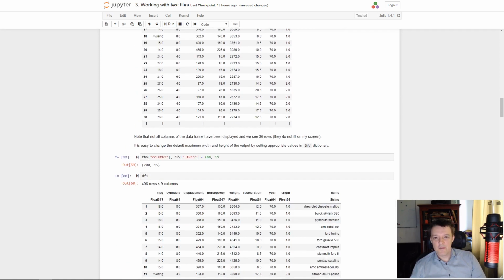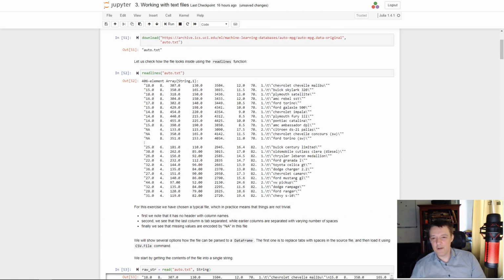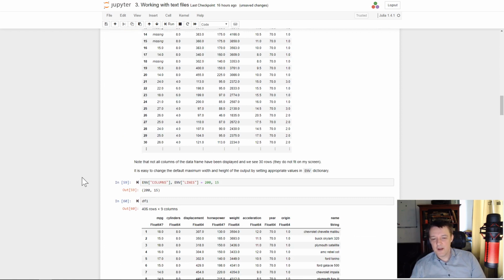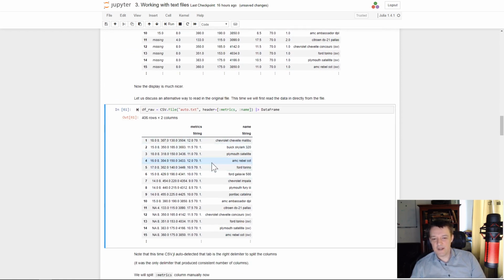Why? Because the only consistent separator in the original file was a tab, which was exactly in one place everywhere. So the auto detection algorithm, which is inbuilt into the CSV file function, detected that the tab is the proper way